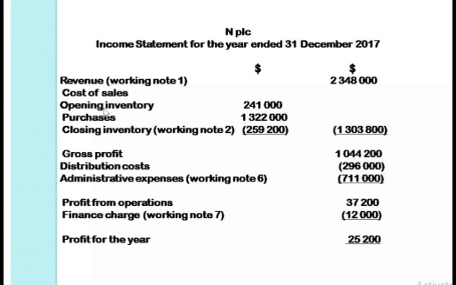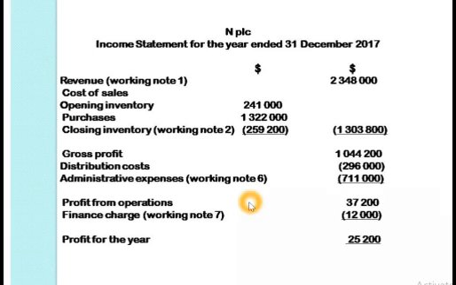The cost of sales will be the opening inventory plus the purchases minus the closing inventory value which we got from the second working notes, and once we subtract this value from the revenue, we get the gross profit, and from gross profit we are going to subtract the other operating expenses, that is distribution cost which was given in the trial balance, and administrative expense which we calculated in the sixth working notes. So once we subtract that, we get the profit from operation as